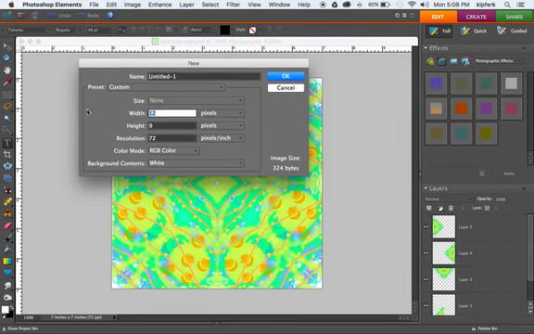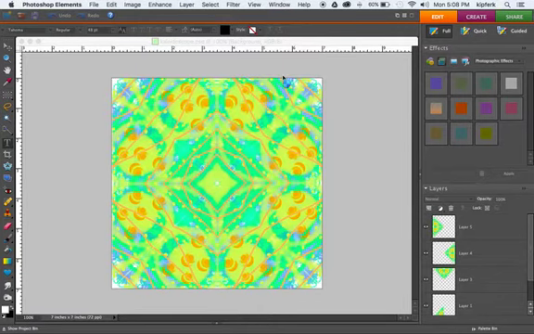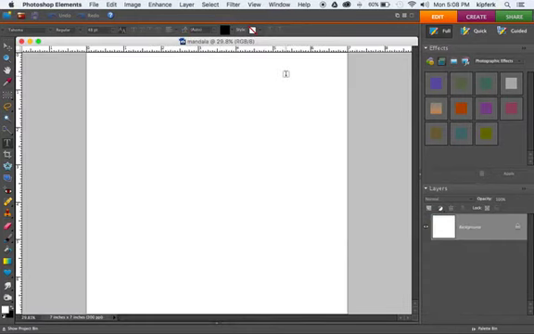But for a size, we will go with 7, not pixels, but inches, about 7 inches high so we have a square, and then we'll make the resolution 300 so that it looks nice and sharp when we make it big, and we can call it a mandala. Alright, so getting started here,